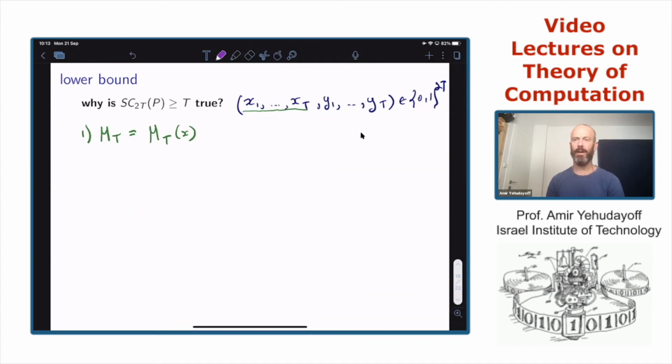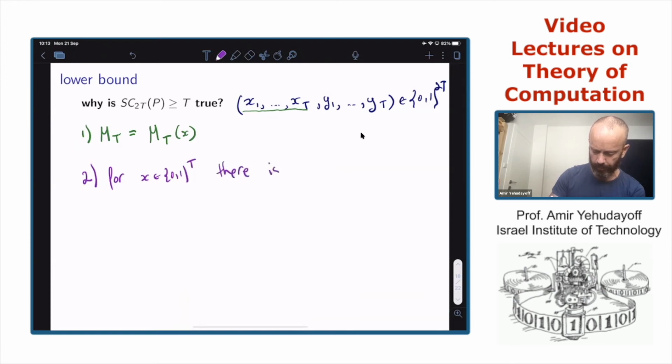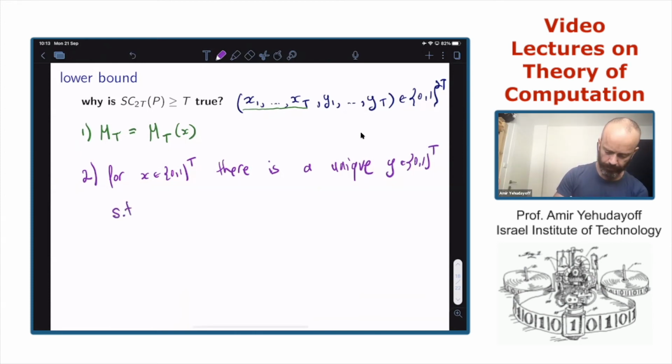Now, how do palindromes come into the picture? The second property is that for every such x of length t, there is a unique y, again of length t, such that palindromes on x and y is 1.